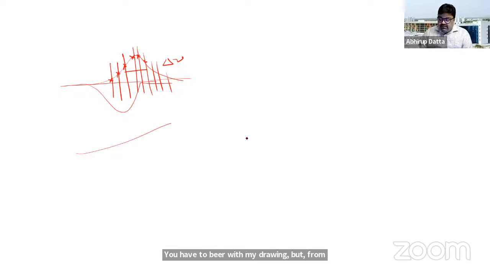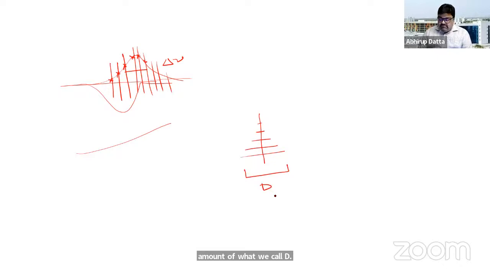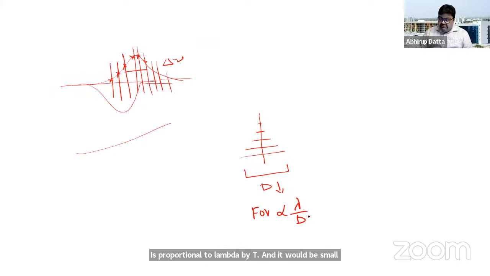Supposedly, you have a Yagi-Uda or a log periodic dipole antenna, right? Say you have multiple frequencies, correct? It has some amount of what we call D. Agreed? But this D is very, very much lesser than the dish antennas, large dishes, right? So the field of view is proportional to lambda by D. And if D is small, the field of view grows. So as D gets reduced, the field of view increases. So what happens is that